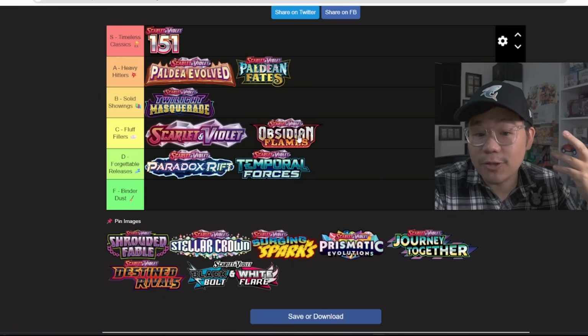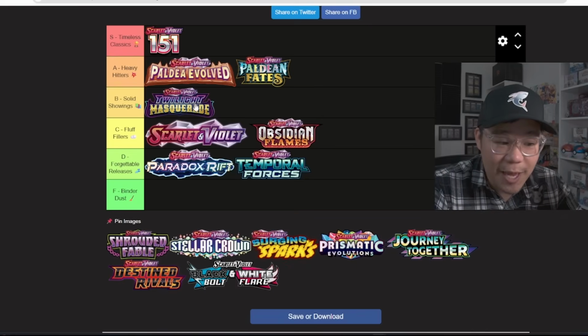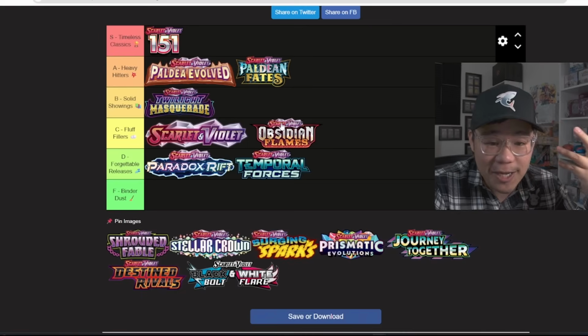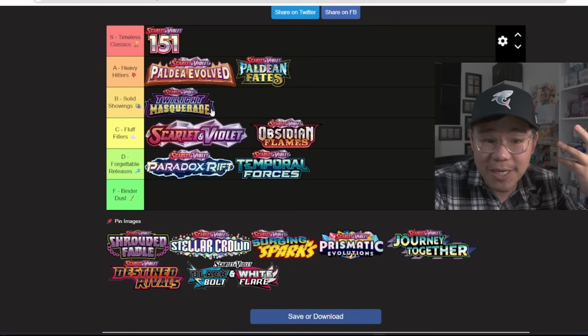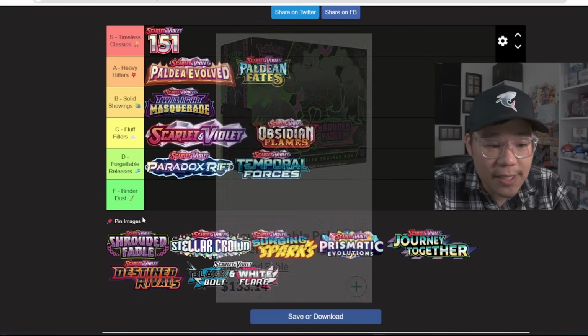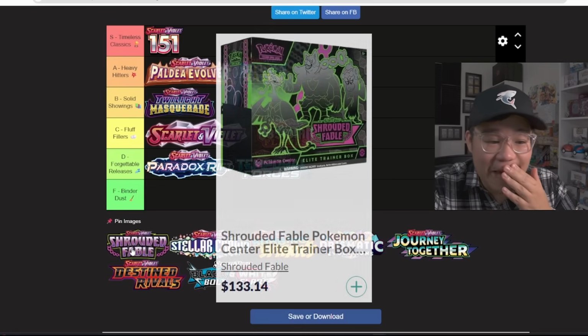Obsidian Flames is standing on just the Charizard's back, and Twilight Masquerade is standing on just the Greninja's back, but the Greninja inside of Twilight Masquerade is so much more iconic than the Obsidian Flames Charizard, and that's all it takes to bring it up to B tier. I think if you were to compare it, I think Twilight Masquerade is a tier above Obsidian Flames, so Twilight Masquerade is B tier. Now, I alluded to this, but I think Shrouded Fable might actually be F tier,